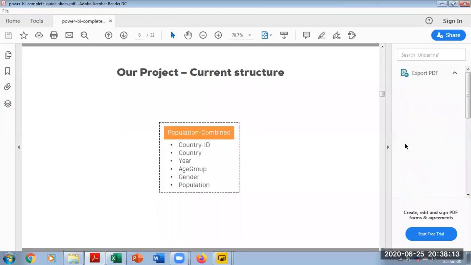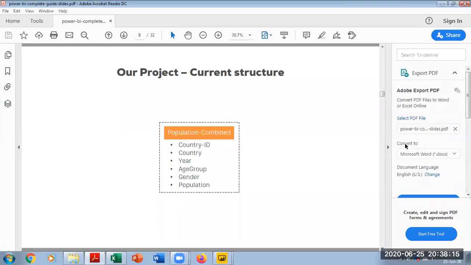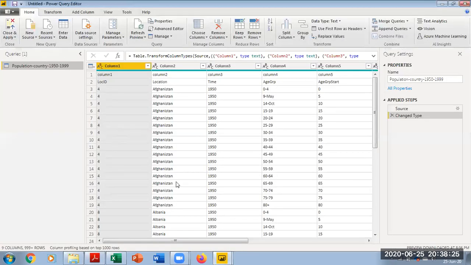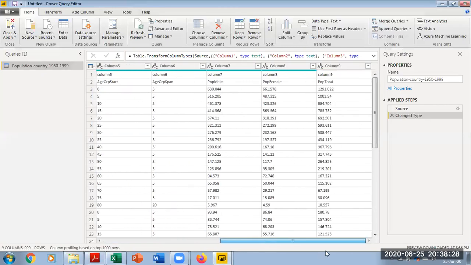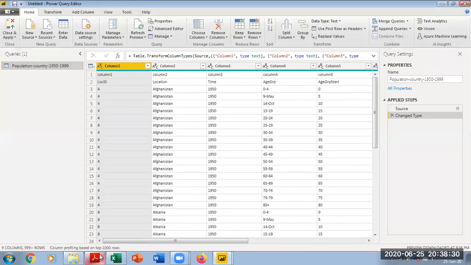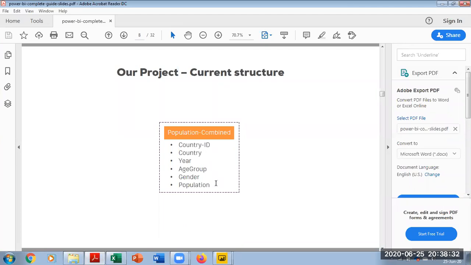So now I got my data. This is what I'm about to bring inside my Power BI desktop. I'm going to bring these data into a list, and this is the data that I have in my Power Query editor. I have around 9 columns here, but what I require in my PDF is only 6-column data. So let me remove all the unwanted columns here.